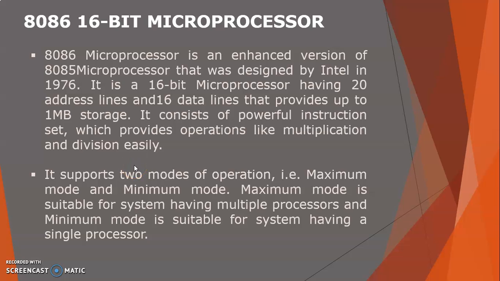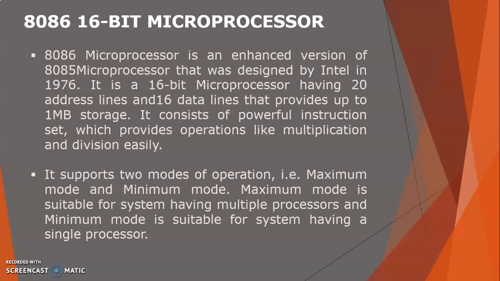Next is your 8086 16-bit microprocessor. The 8086 16-bit microprocessor is an enhanced version of the 8085 microprocessor that was designed by Intel in 1976. It is a 16-bit microprocessor having 20 address lines and 16 data lines that provides up to 1 MB storage. So total how many pins are there? There are 40 pins in